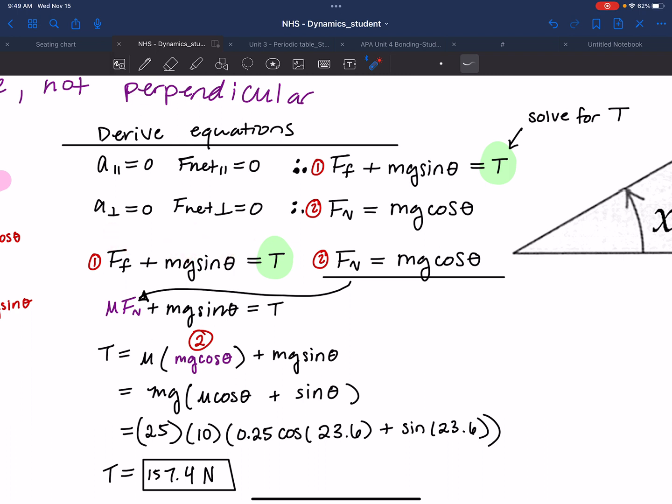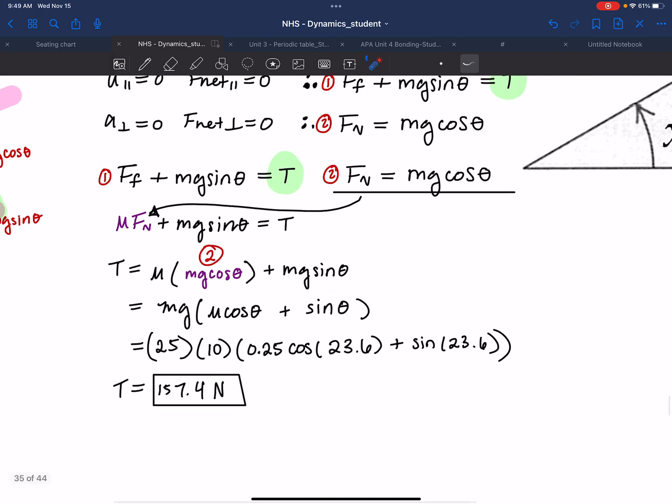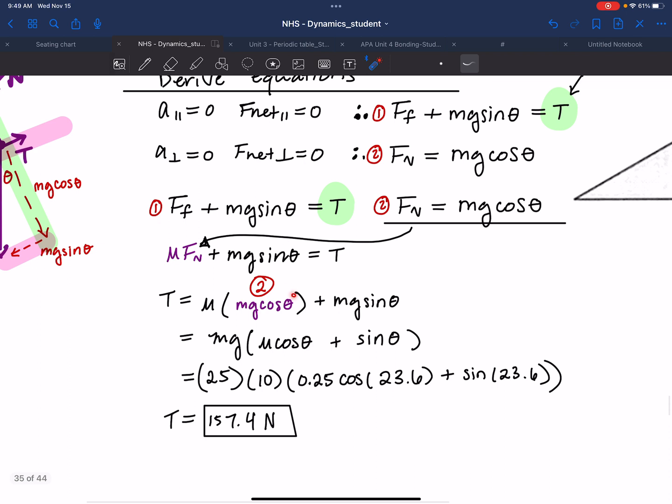But if I go ahead and review that force of friction is equal to mu, I know that I have mu. I don't have force normal yet again. But I do have force normal in my other equation. So what are we going to do? We're going to substitute that. So when we substitute that, I will get my tension equation is equal to all of this, right? So things that will contribute to tension. If you have a greater angle on the incline, then you will have more tension. If you have more mass, more gravity, if you have a greater coefficient of friction, that will increase the